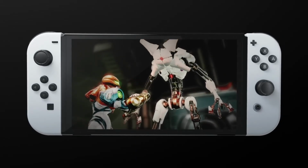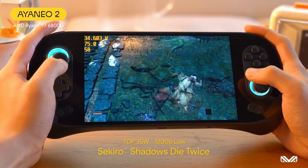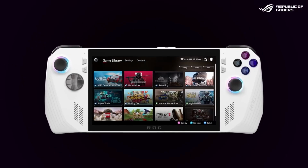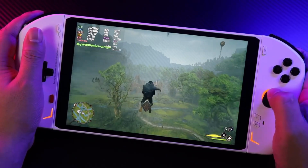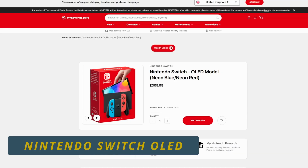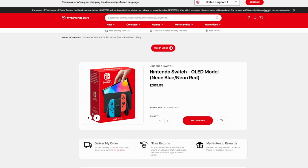Hey portable gamers, we've got a roundup of the state of handhelds coming up for you. Now I'm going to take a look at 6 of the top handheld devices in the market today or coming extremely soon. So let's kick things off with the Nintendo Switch OLED model, which is the top version that we